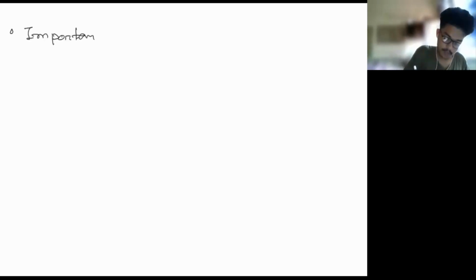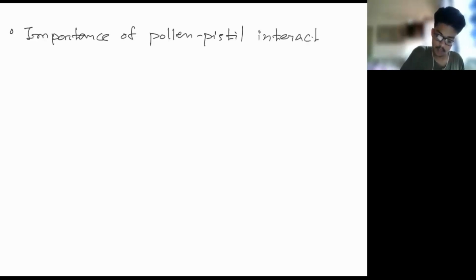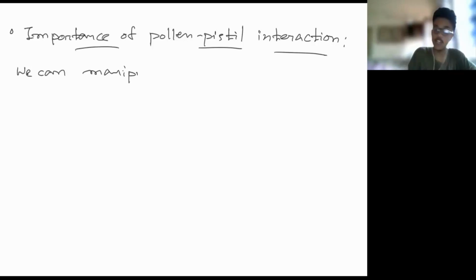So now, why is the knowledge of pollen pistil interaction important? It has been mentioned in the last line. It says, if you have proper knowledge of this pollen pistil interaction, you can manipulate this process and cause pollination even in incompatible pollens, resulting in the development of desired hybrids. So let me just write this: importance of pollen pistil interaction. So the importance of pollen pistil interaction is, if we have proper knowledge of the pollen pistil interaction, we can manipulate that and bring about